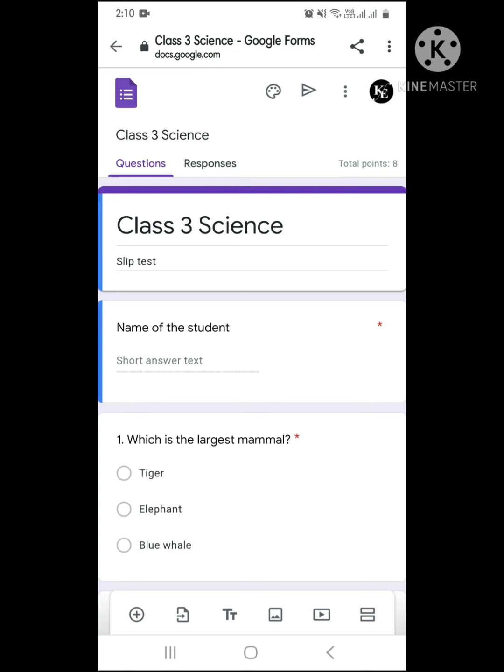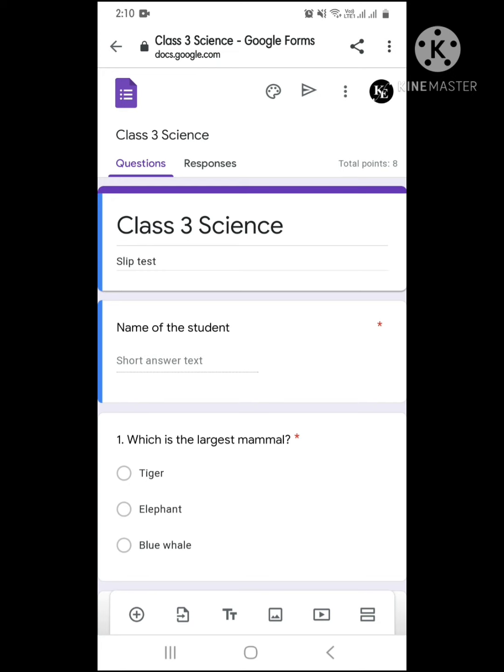Now here once I get it, what I will do now, I will just make a copy of it. So why should I make a copy of it? Because if the same question paper link I am sending to the other students, the students in my section and the students in the teacher to whom you have sent, all the responses will come to you who has created the question. So for this we will make a copy of it.